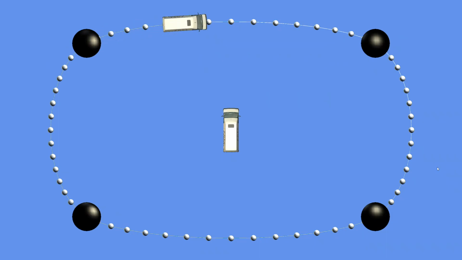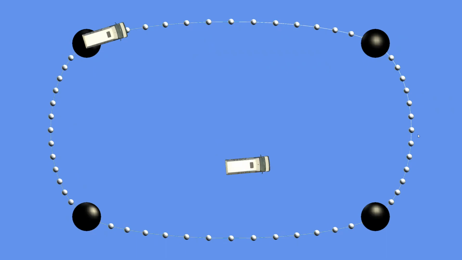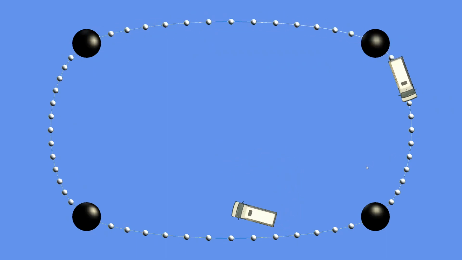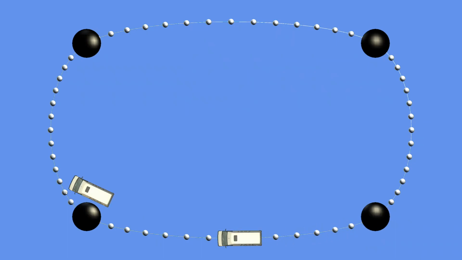Four is the minimum amount of points we need to form said spline, and in between this spline you can see a bunch of intermediate points. These are the sample points being used to create our speed table, because as you can see, there are different distances between the sample points. We can see towards the middle there's a longer distance, but as we move closer to the black spheres, the